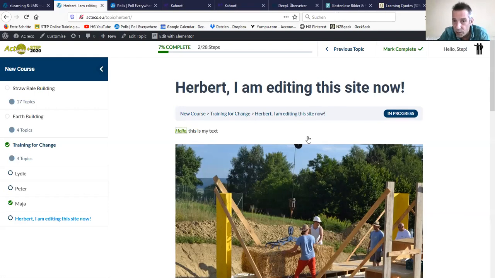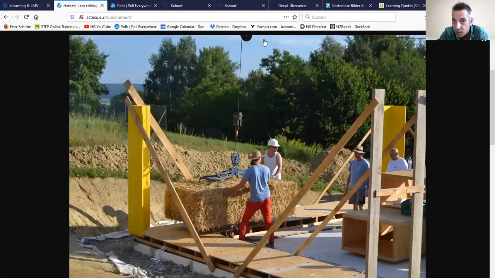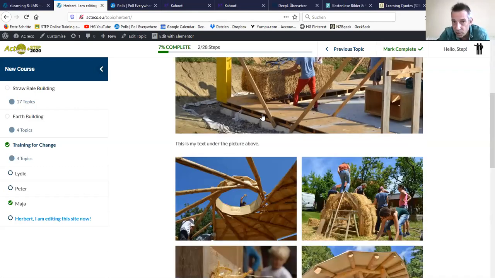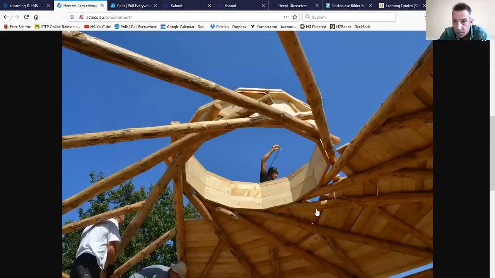I have one picture. I can click this picture and it will open in a bigger size, so maximum size of my height here. I can close this with the X in the corner. I have my text under the picture. I have my gallery. I can open these gallery pictures as well here in my